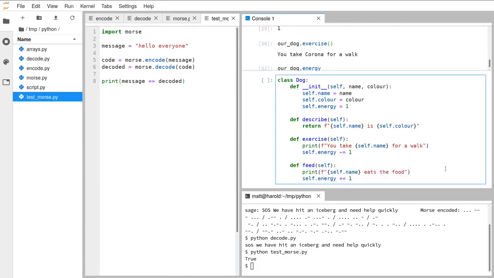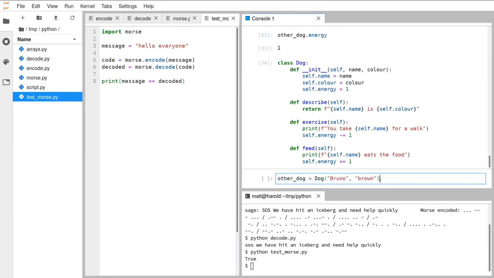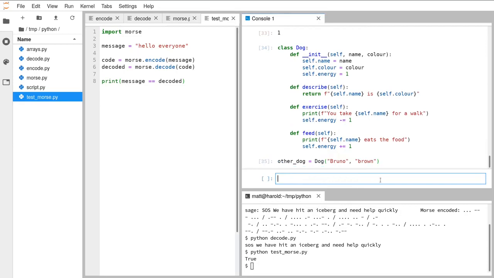I have on a screen here the example of the feed function. So the feed function works exactly the same as the exercise function. It prints out a message saying that the dog eats the food, and then it does self.energy += 1 to increase the energy. So if we define that class, redefine our dog, we can now do